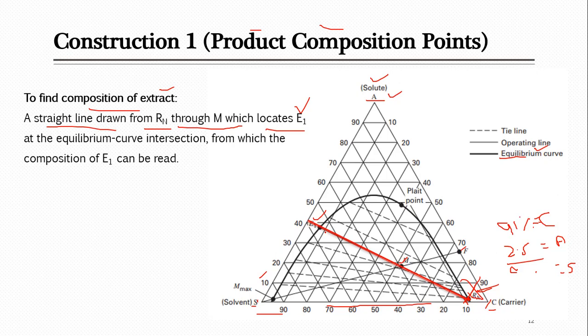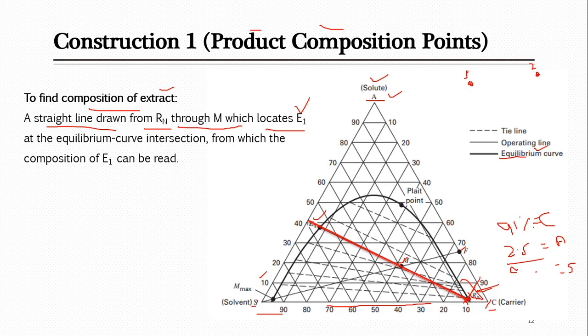So maybe some of you will be thinking you can draw many lines. No guys, you can't draw many lines. Actually you have 2 points. What are those 2 points? One point is Rn, here I am drawing at the top, and the other point is this M. Now I have to draw a line. This is my starting point, Rn, and this is the second point, and I have to look for the third point.